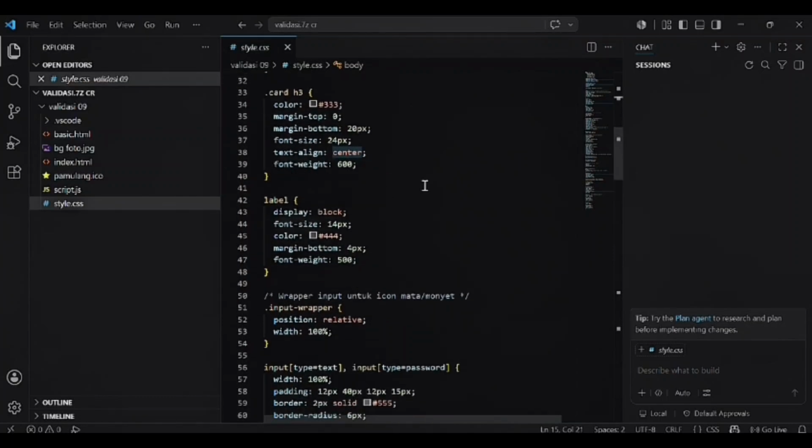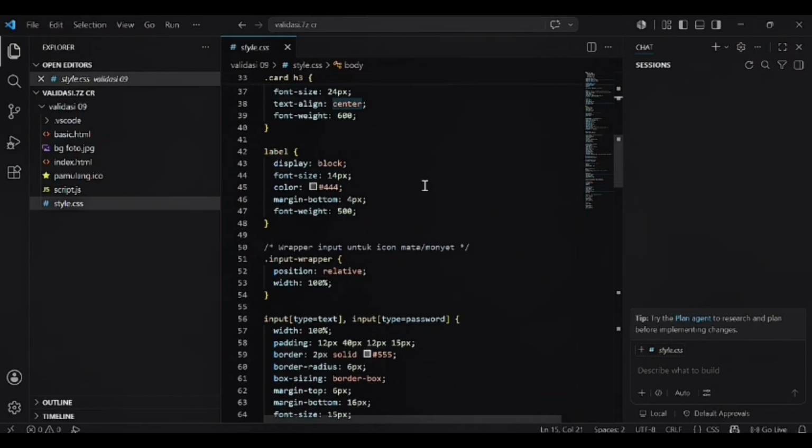For the form layout, we target the card selector, giving it a fixed width of 420 pixels, rounded corners with border radius 16, and a smooth drop shadow.